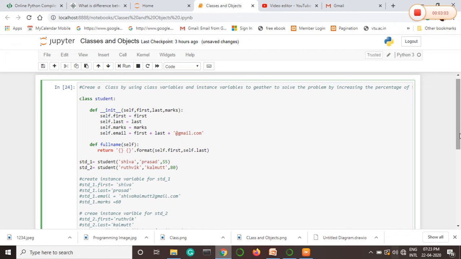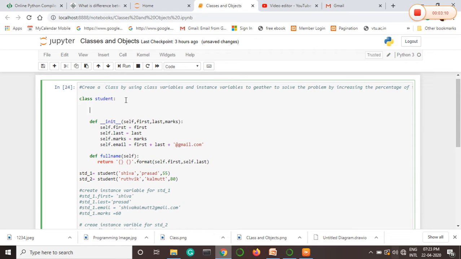So here, immediately after defining the class, we will use a class variable. Let us say percentage is equal to 0.5, which is initialized according to our problem statement, where this percentage is nothing but the amount by which we are going to raise the marks of the student by 0.5%, for all the students, like student 1 as well as student 2.